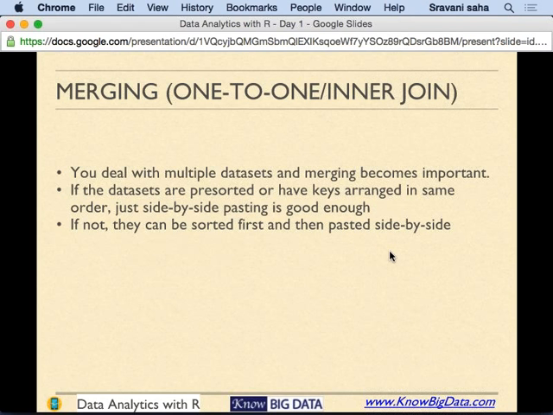Mitesh is answering the question about what happens if we did not attach the data set. All right. Now, if you have to merge data sets,